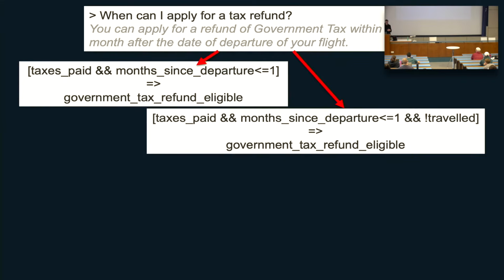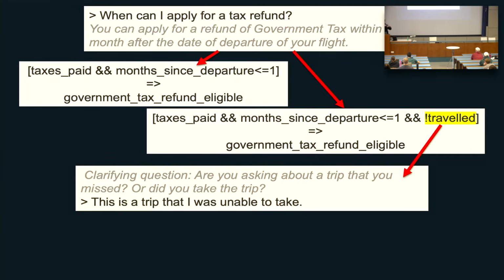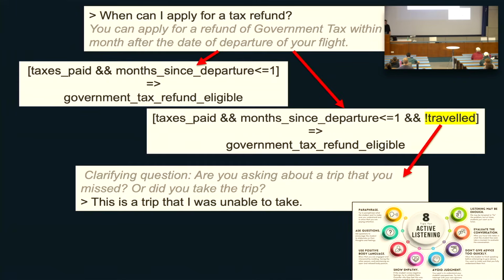And then let's imagine that there's a difference, so the equality doesn't hold between them. Then we can find the difference between them and pass that back to the customer's customer and ask them, what did you mean? Was this a trip that you've missed, or a trip you're going to take? Did you want that flight to be coach or first class? Are you going to Portland, Oregon, or Portland, Maine? These kinds of things. And that's a form of active listening.